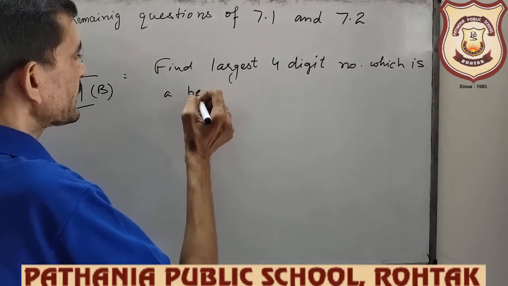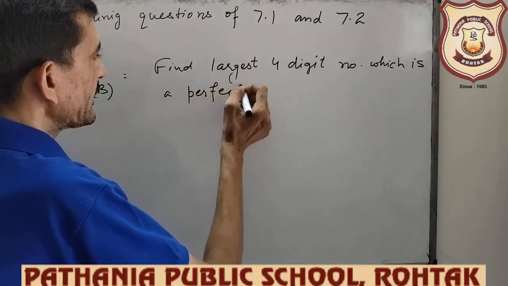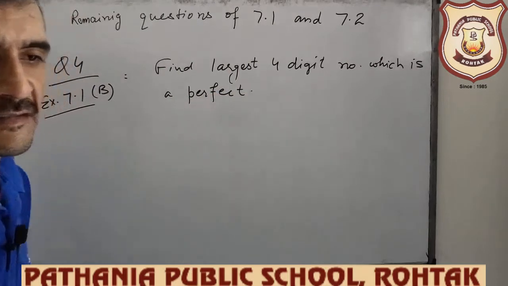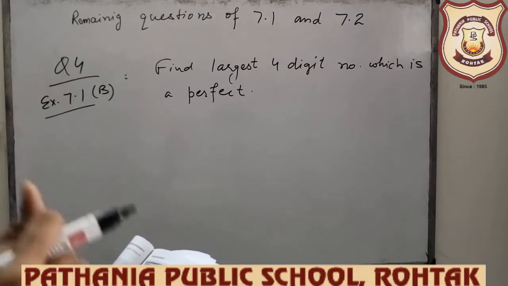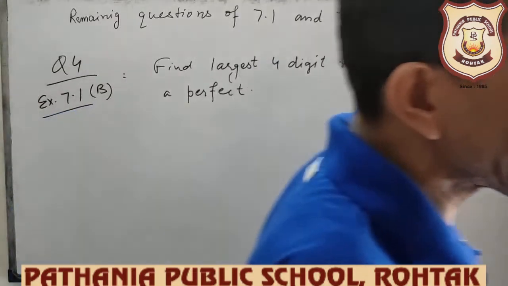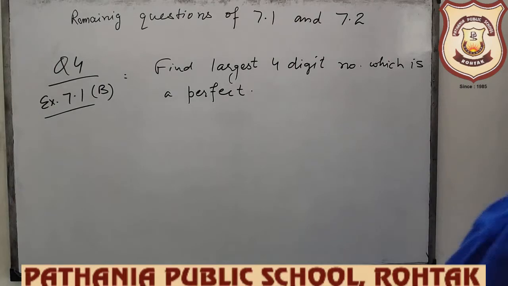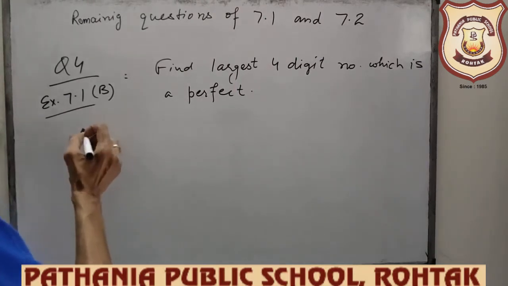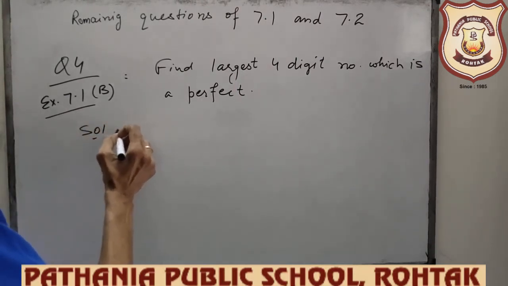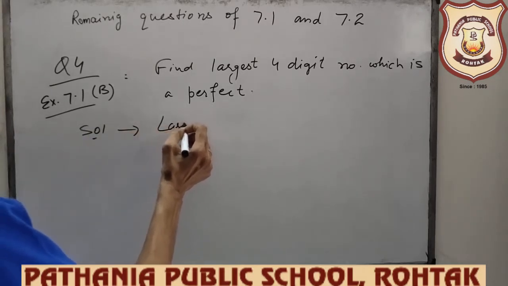There is no special method of finding this, like adding something or subtracting something from the cube root of the given number. Only the trial method is left. In this question, what we have to find? We have to find the largest 4-digit number. Solution: the largest 4-digit number is